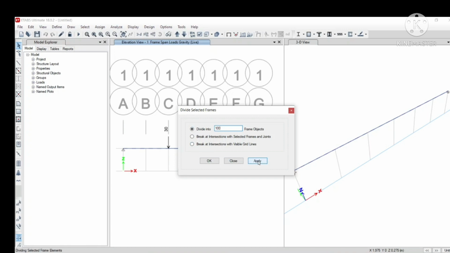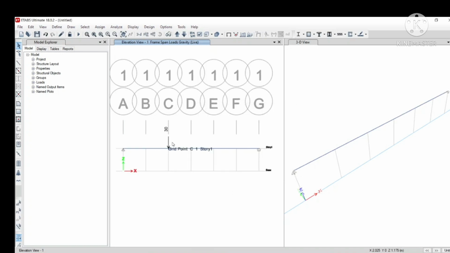Let us divide this frame into number of finite element. Why? Because if you need at each and every point, you will be getting the deflection while making the beam into several number of smaller element.